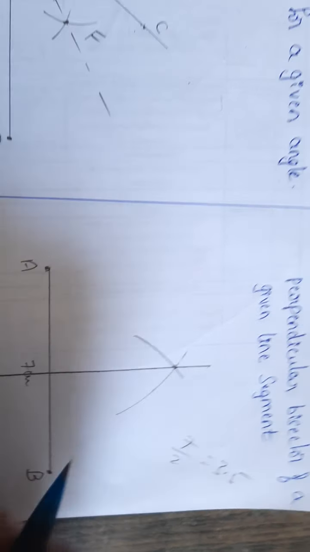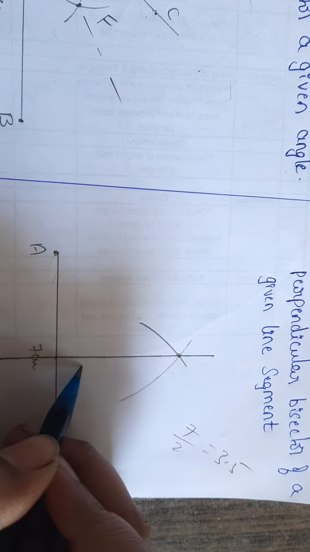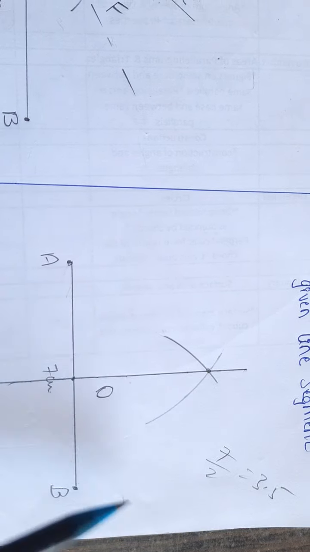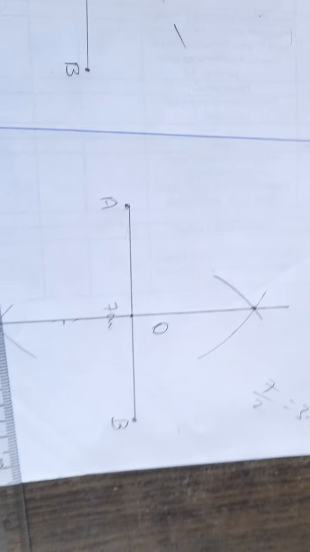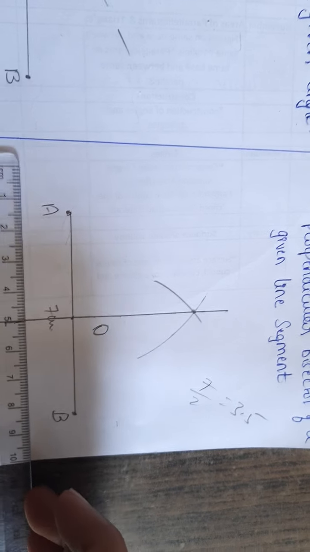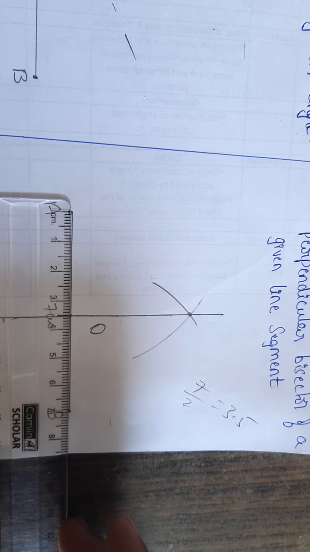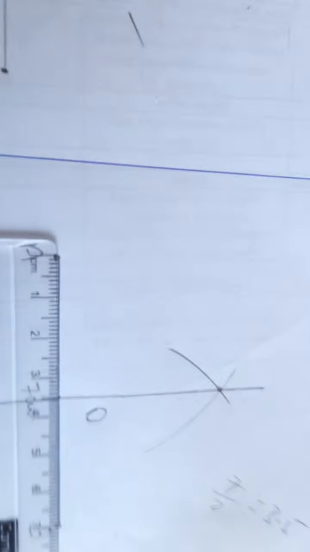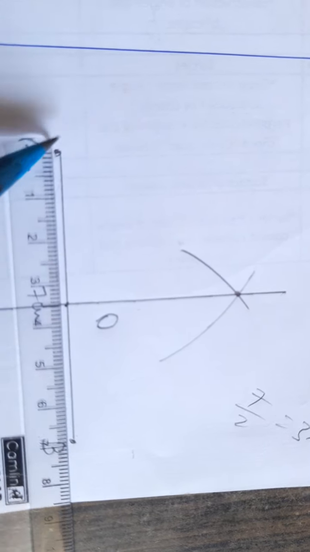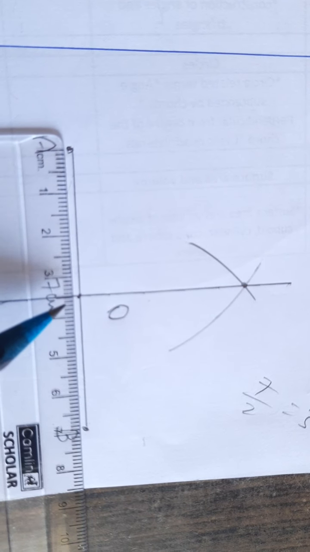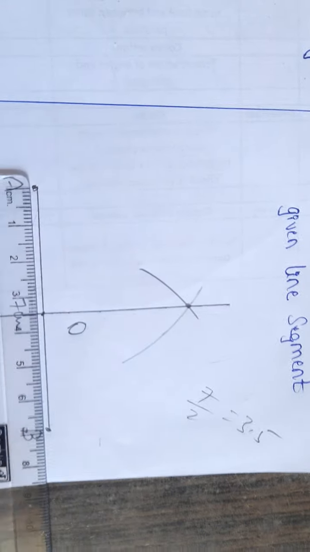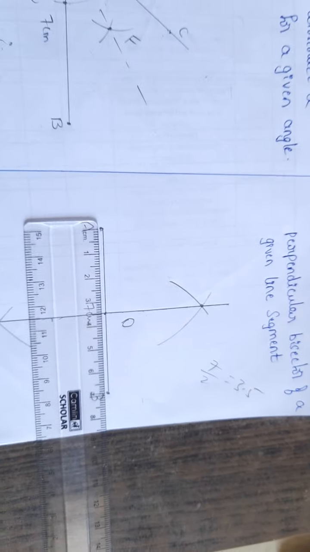One thing I will do, this intersection point I will label as O for our convenience. So AO plus OB is what we got by drawing the perpendicular bisector to line segment AB. Now distance AO should be equal to OB, and both should be equal to 3.5 centimeters. Look, I will keep the scale a little down so that you will understand. Look now, A to O is exactly 3.5. Again from B to O, if you see, it is 3.5 centimeters. This is how you will draw the perpendicular bisector.